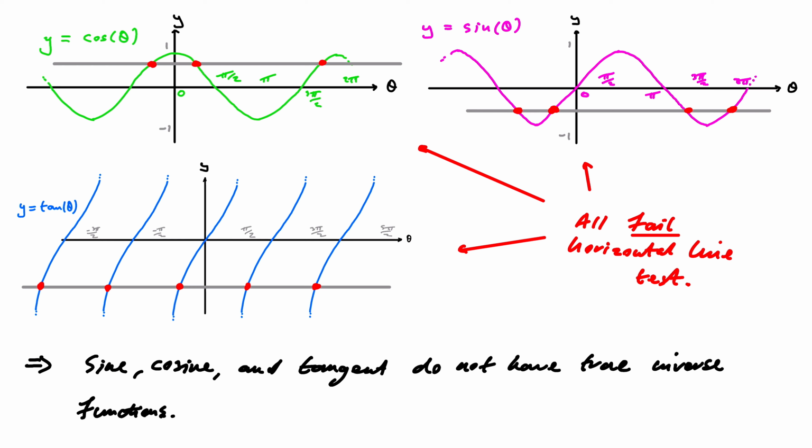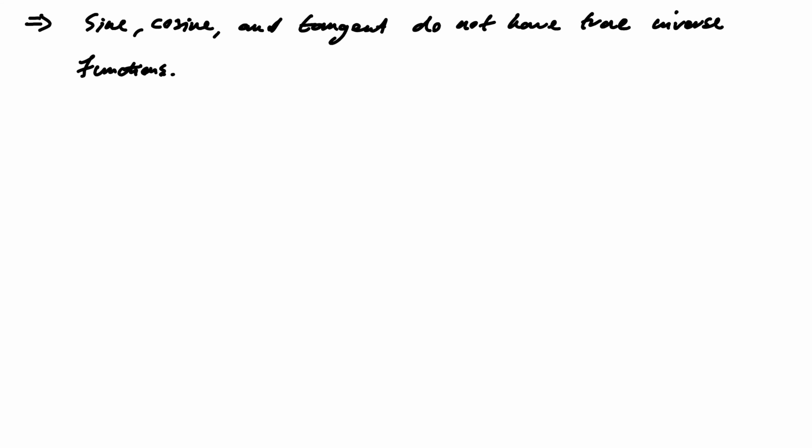We want to basically take these graphs and restrict them so that they become one-to-one. But we do want to do it in a way that preserves the range. We don't want to lose the range. So here's the basic fix. This is kind of a workaround, a partial fix, because it doesn't truly solve the problem, because they are truly not one-to-one. But we're going to restrict the domains